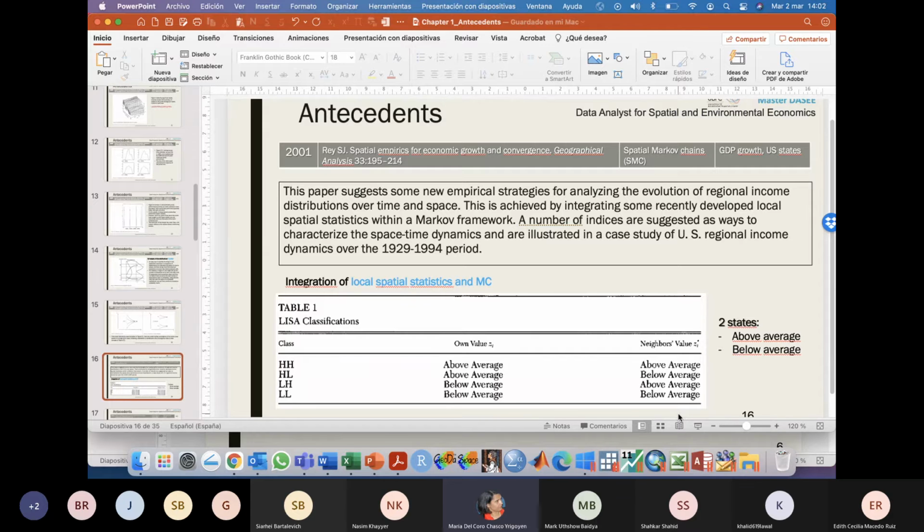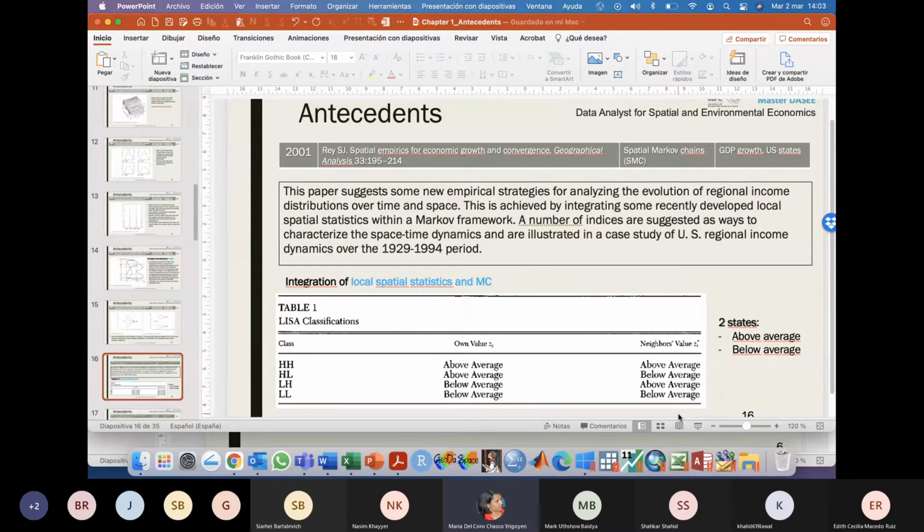The abbreviations here are HH, LL, HL, LH, and these correspond, if you remember, because the students must have studied spatial analysis and spatial econometrics, to the typical abbreviations used in the